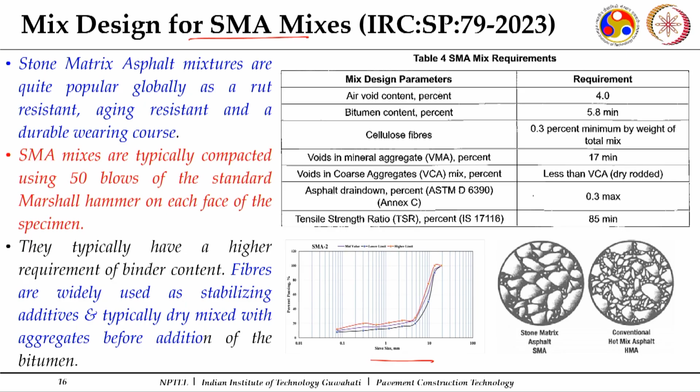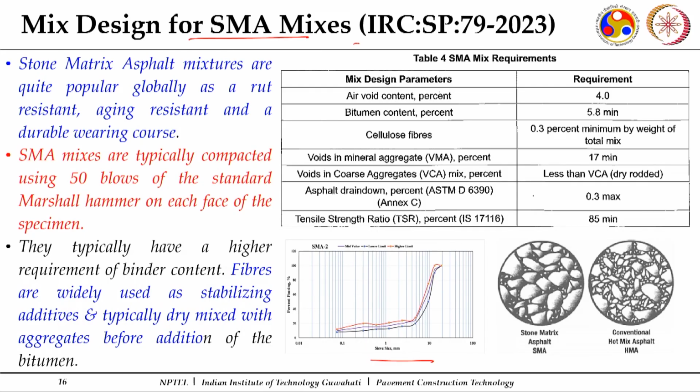And SMA, stone matrix asphalt, is a mix which is getting quite popular, specifically because of its high rut resistance, aging resistance and its high durability. So especially nowadays for flexible pavements having design traffic more than 50 MSA, it is always recommended to use SMA as a wearing course. And for compacting this particular mix, the guideline to be followed is IRC SP 79 2023, because now here you will have the fine aggregate proportion a bit less, and filler is quite high,